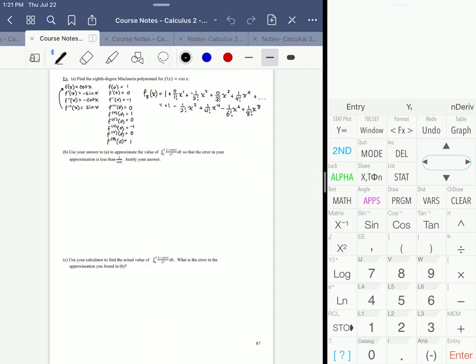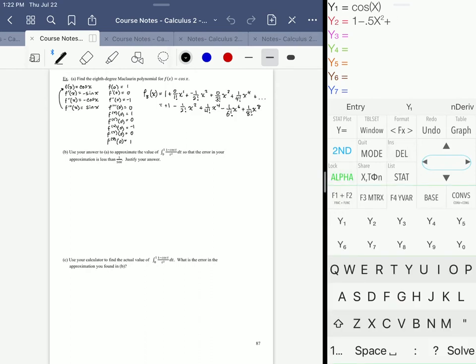Okay, so what we're going to do for this problem is we're going to start off with the recognition that we can approximate the cosine function around 0, because Maclaurin is around 0, using this polynomial function. But I want to just get a quick look. I'm going to start off with cosine. I want to get a quick look of just how far out I can go. All right, so 1 minus 0.5 x squared, every little bit helps, plus 1 over,